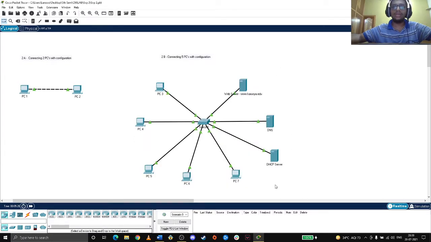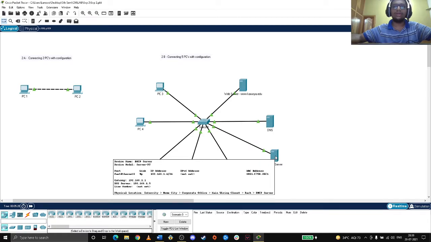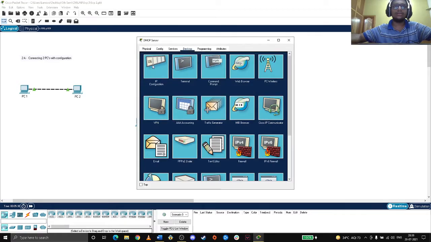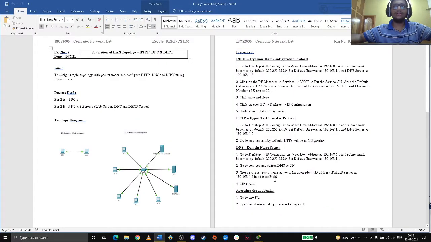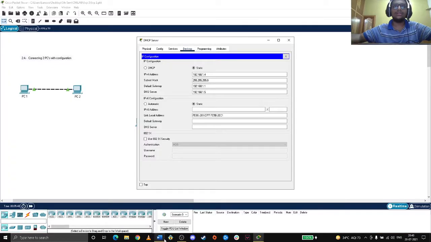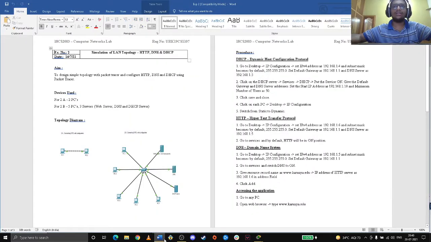I need to go to the DHCP server. In its IP Configuration, I've put 1.4. As you can see, 1.4 is there, the default subnet mask is 255.255.255.0, and I've given default gateway 1.1 and DNS server 1.5. So I've done this.